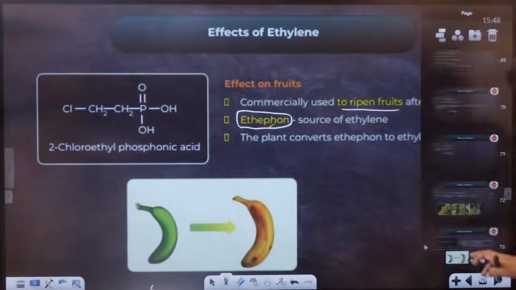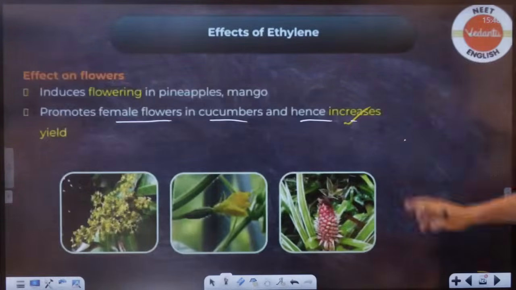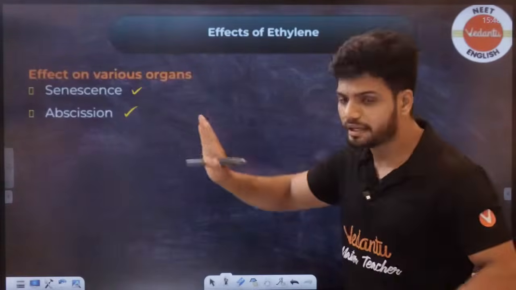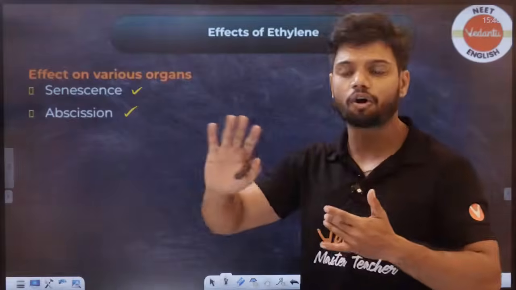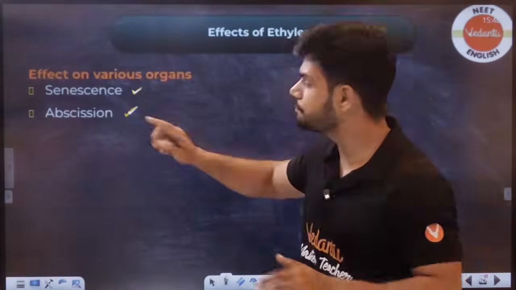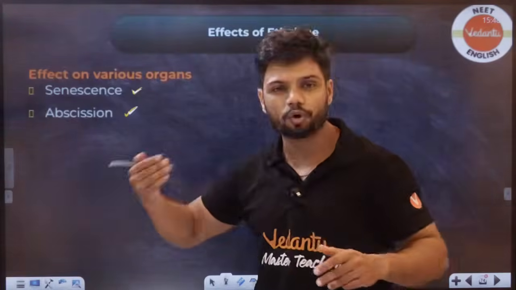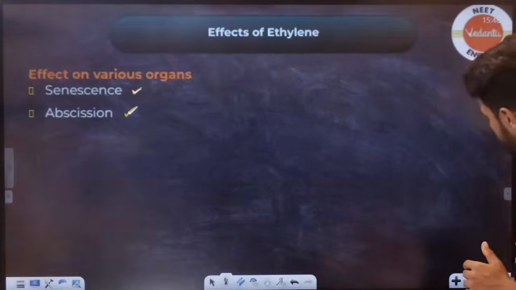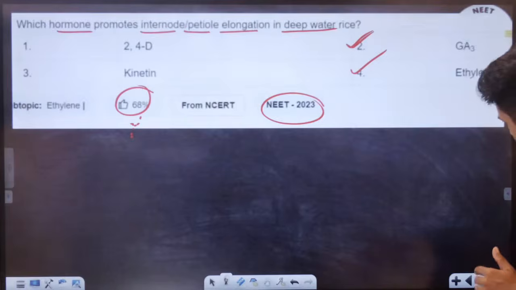Okay. Now students, what about the effect of ethylene on various organs? Generally, in other organs, senescence and abscission both. Senescence is becoming older, abscission is shedding of a part. Both can be done, students. Okay. So